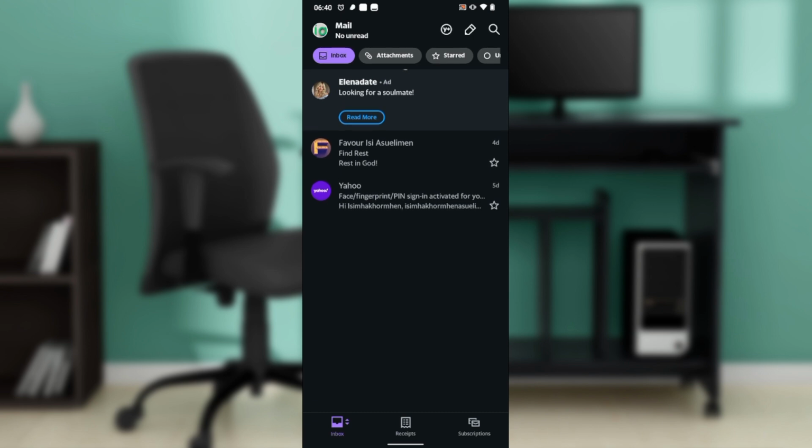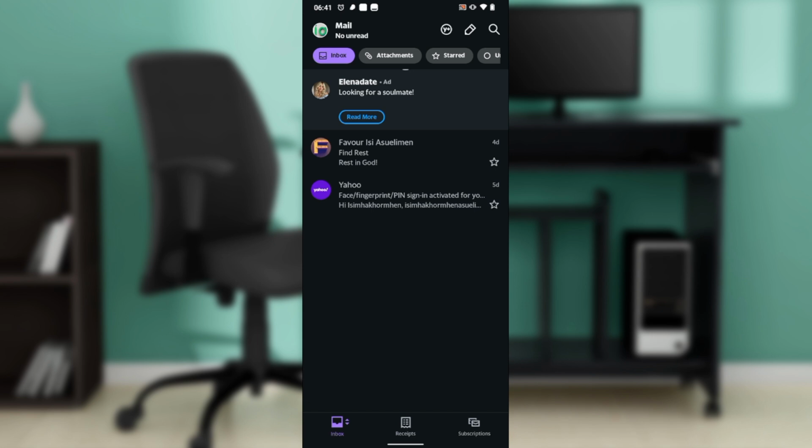Pretty simple. You can get it on Google Play Store or Apple Store. Launch any of these applications and locate the search bar. In the search bar, type Yahoo Mail and follow through with the on-screen instructions to install. Now, after installing the application and clicking on the open button, it's going to take you to the home page